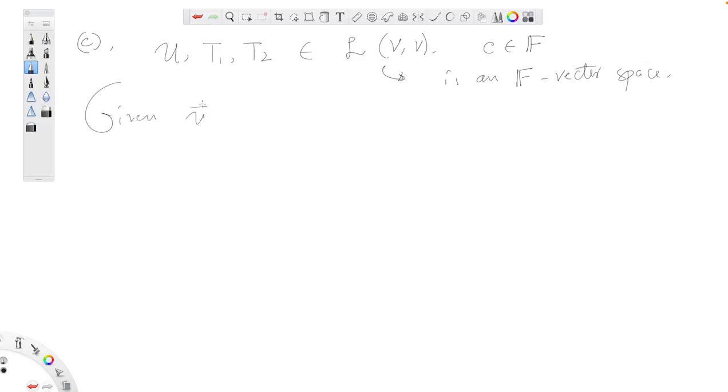Given a vector v in the vector space V, one must have C times U T1 acting on the vector v equal to C times U T1 acting on v, and